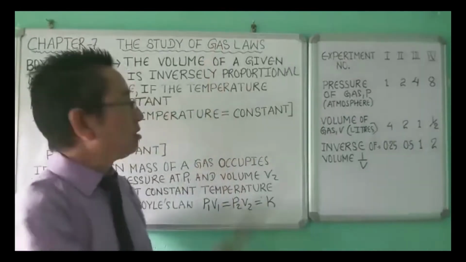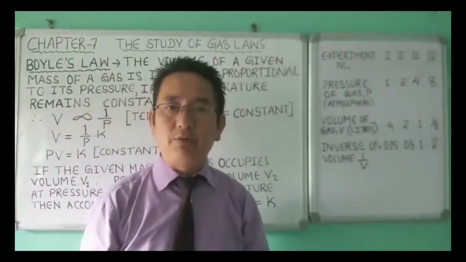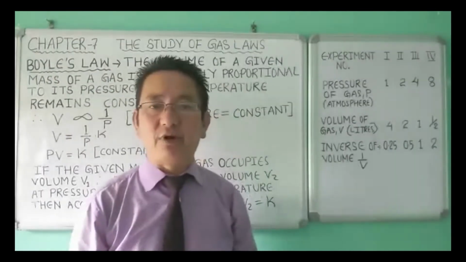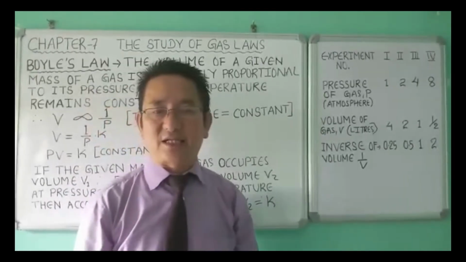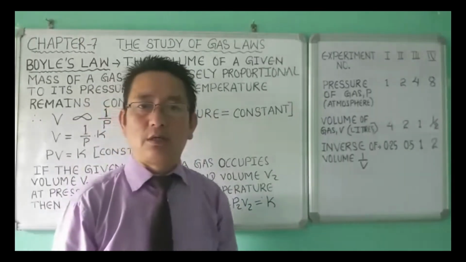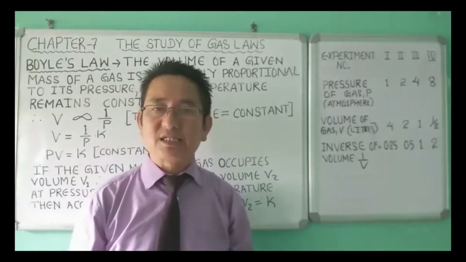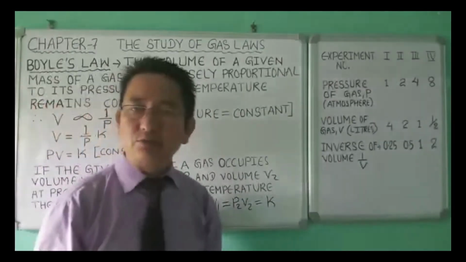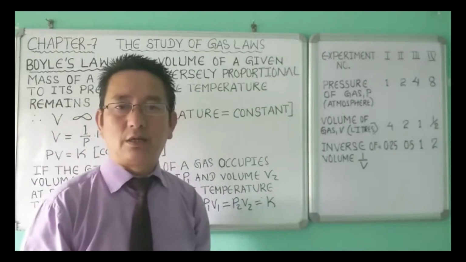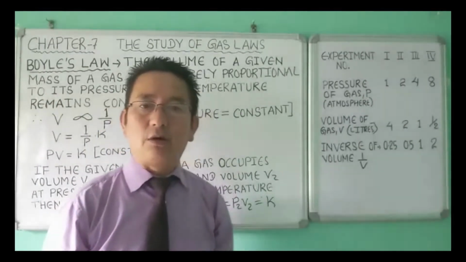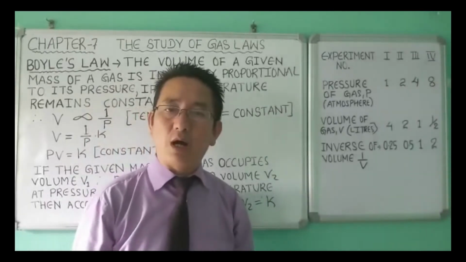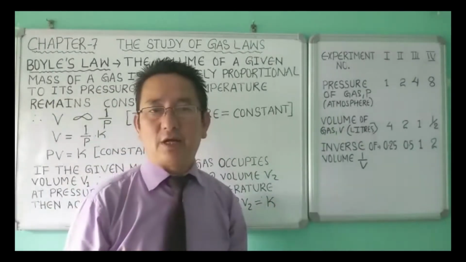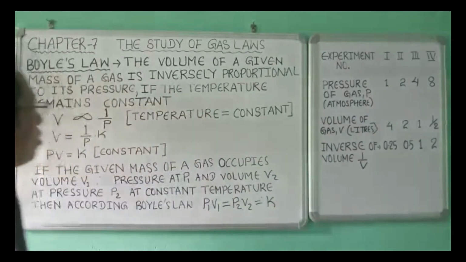Gas laws are the laws which describe the behavior of gases under known conditions of temperature, pressure and volume. The physical behavior of gases can be described in terms of three variables: volume, temperature and pressure. For a given quantity of a gas, a change in any one or more variables results in a change in the remaining variables. Let's move on to Boyle's law.